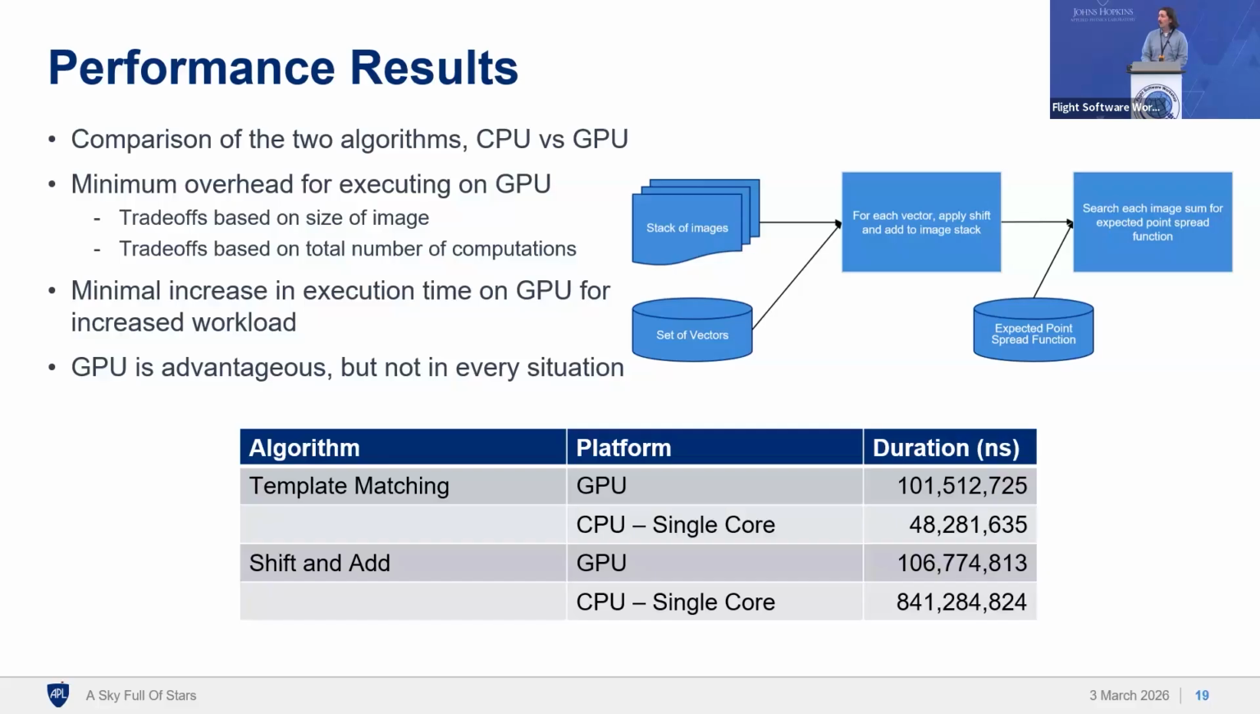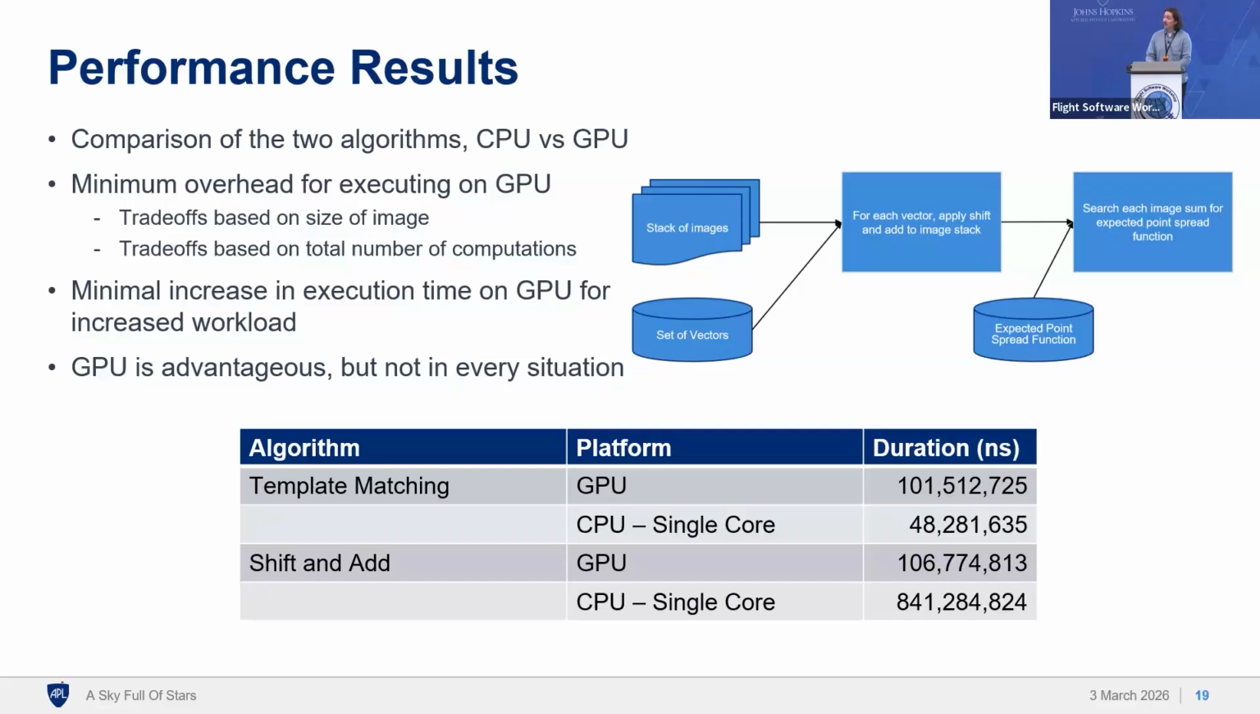There's a minimum overhead for executing on the GPU here, and we're still looking into it, but it's currently looking like 100 milliseconds minimum. So template matching algorithms are pretty straightforward. It's a very small image. You shift it across the summarized image. It's pretty quick, and CV2 on a single core CPU can do that in about 48 milliseconds, and the GPU's